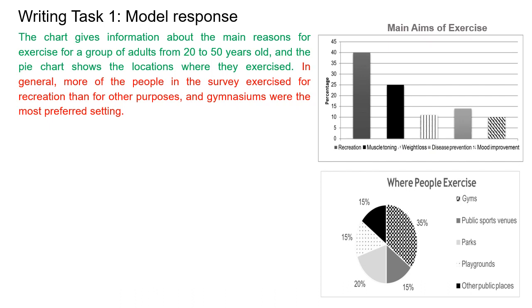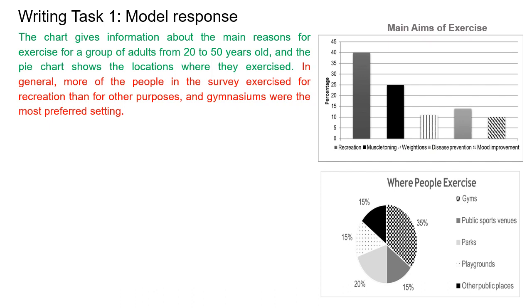The next element of this overview statement is the part that says more people in the survey, which stands for the biggest number in the bar chart. The number of people that exercised for recreation, which is the tallest bar in the bar chart, becomes the basis for comparison against the remaining 4 bars, expressed as than for other